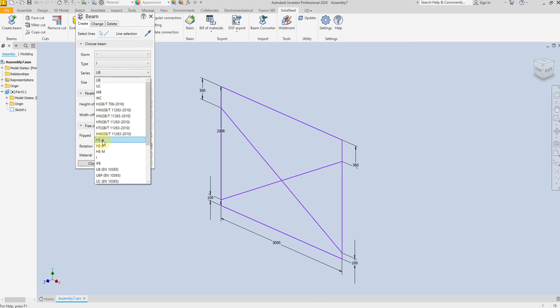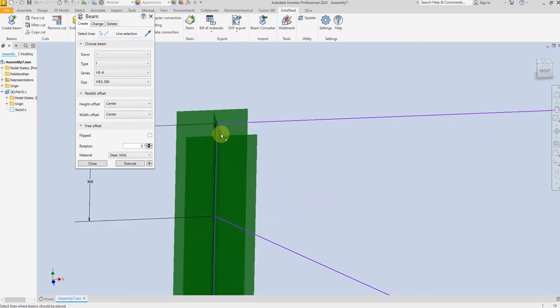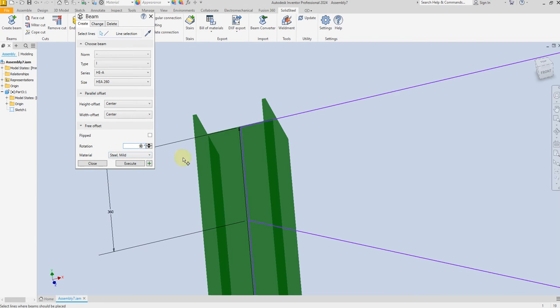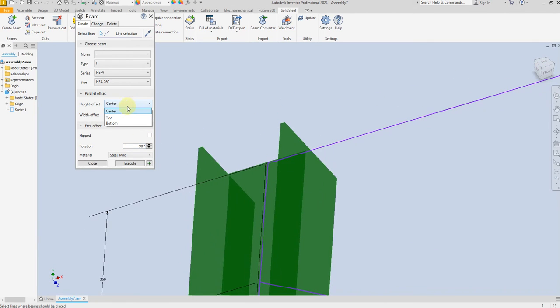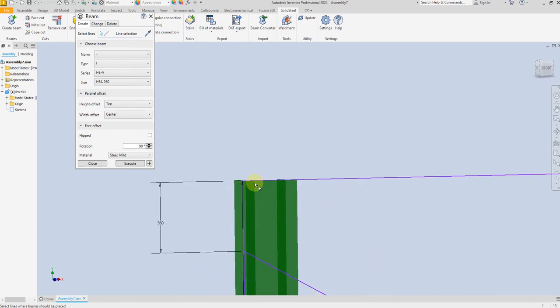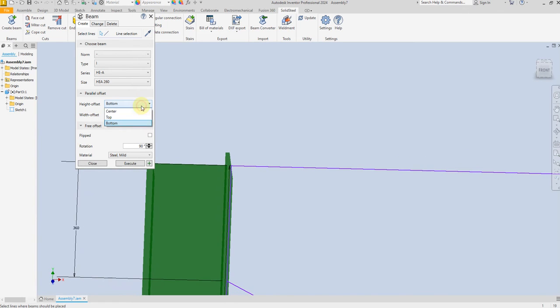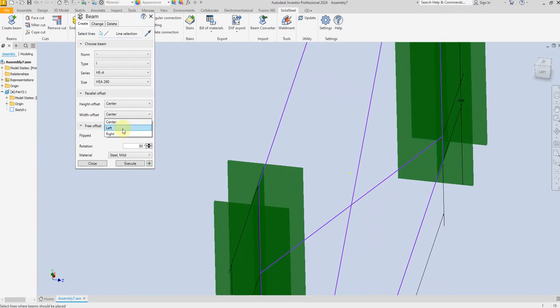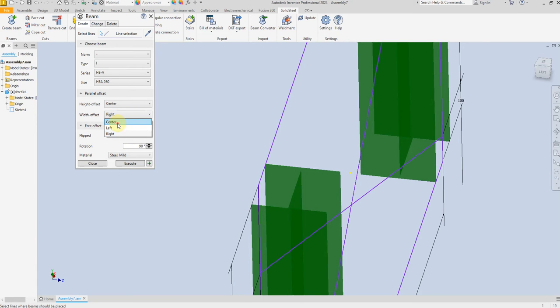For now I am going to select this one, dimension 260, select this column and this column, and here we can change the rotation like this, 90, and here we can change the position, top like this one, bottom like this one, center, and even this direction, left and right. For now I am going to select center,